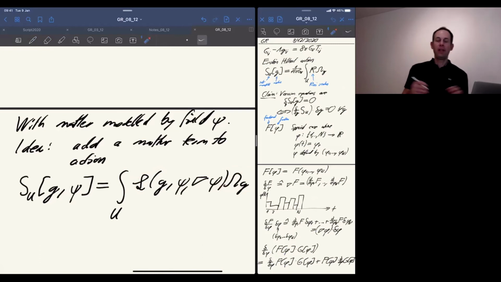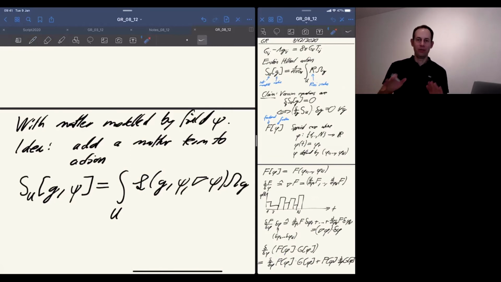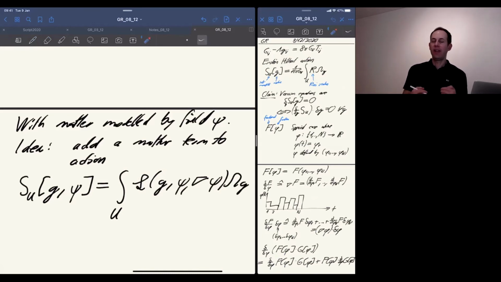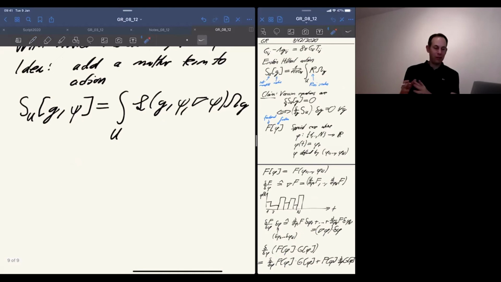So the idea is that whatever matter we have, and this can differ from the type of matter, we will have some additional term in the action of this form. And this really depends on the matter. That's not a matter of GR to determine how this L looks. Of course, GR should help to figure out what it means for the Einstein field equations, but that's, for example, a matter of electromagnetism or of any other theory of matter. Maybe if you have a theory of particles, then this gives you a Lagrangian, and you put that Lagrangian into that thing. So that's the input from other theories that enter Einstein's field theory.